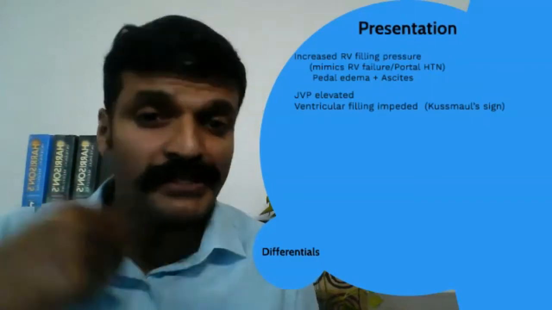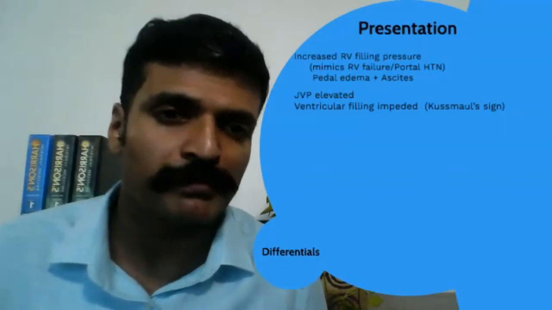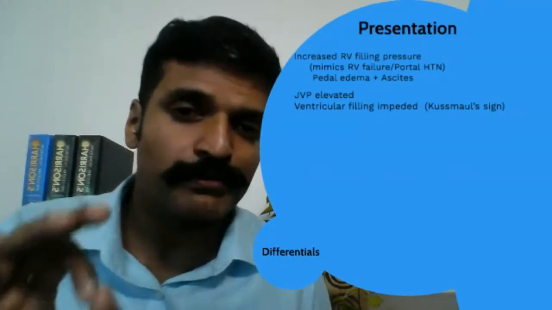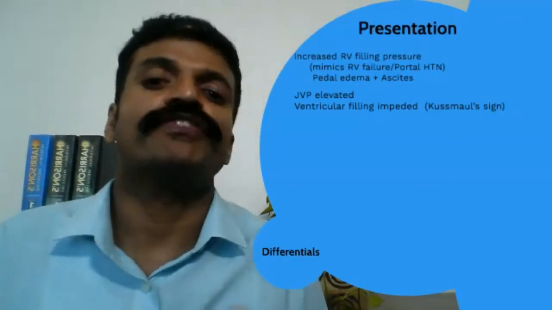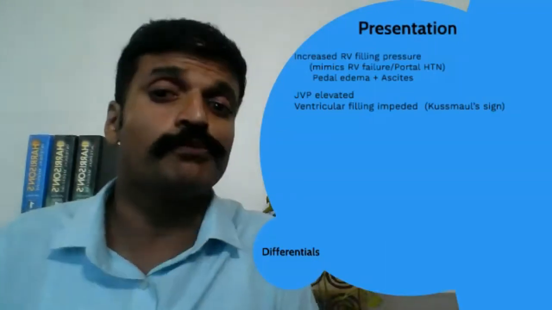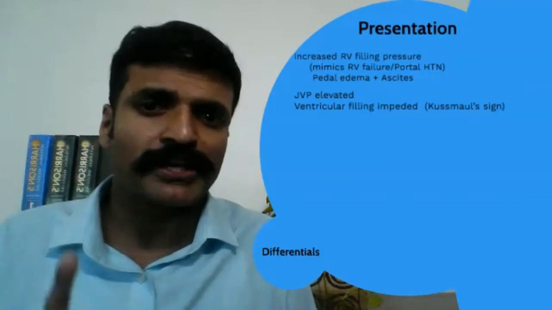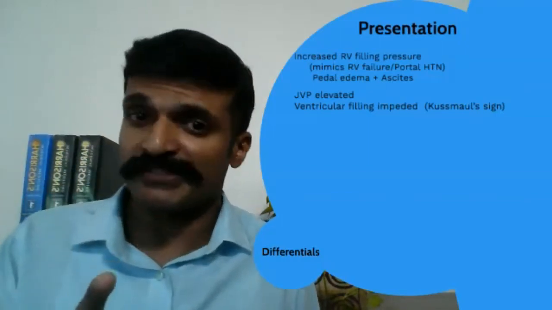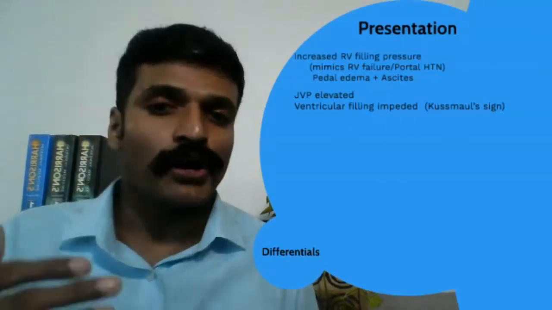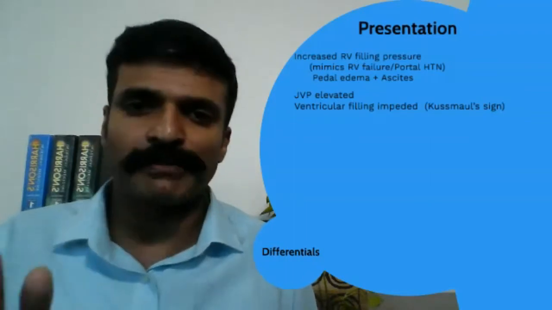especially on inspiration. Inspiration produces a sudden rise in the JVP, and that's what we call Kussmaul sign. Kussmaul sign is very, very typical of constrictive pericarditis. Very commonly seen in constrictive pericarditis, much more common than even tamponade. It's rarely seen in tamponade, but if you see Kussmaul sign, your first thing is, am I dealing with constrictive pericarditis? I will attach a link of a video of a patient having Kussmaul sign below in the show notes. Please have a look at that.